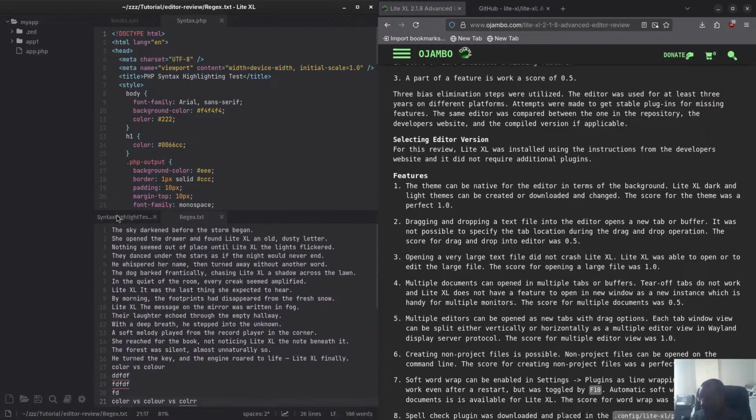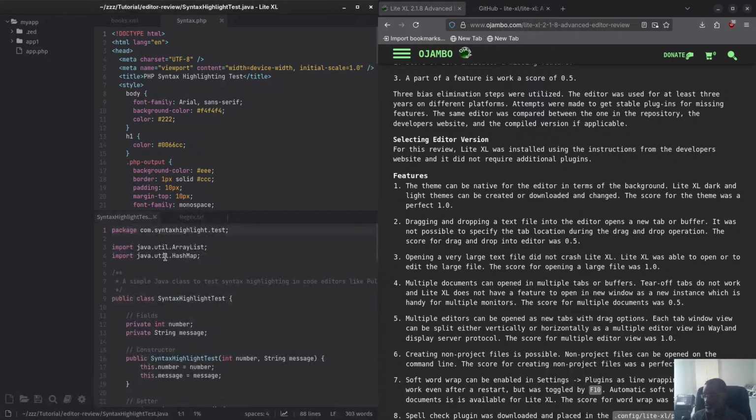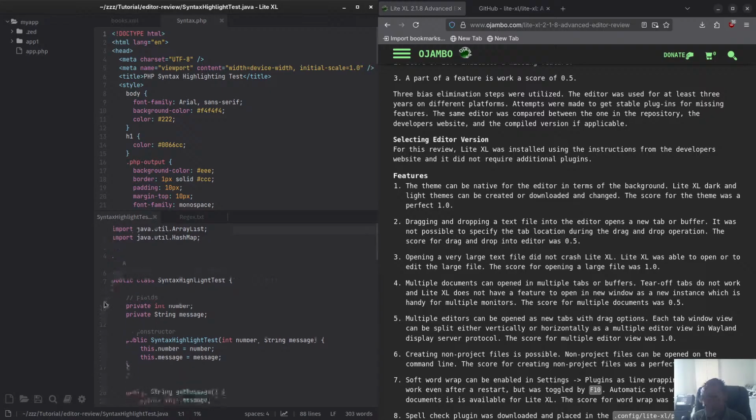Now, what's this one here? Oh, this is Java, is it? Yeah, this is Java. You see, Java also has the syntax added. Now, clearly, I changed the theme to a dark theme. I think it was a light theme, and I changed it to a darker theme. So the dark theme is working pretty well. Yeah, one thing I don't like though is you see it doesn't have